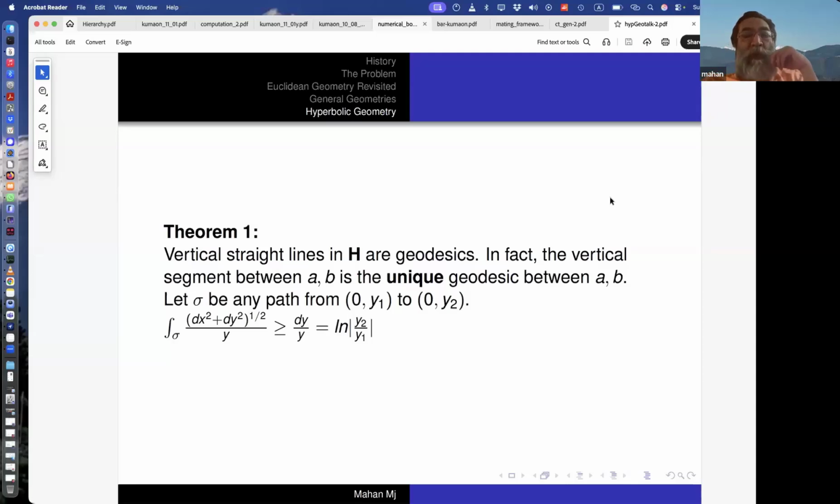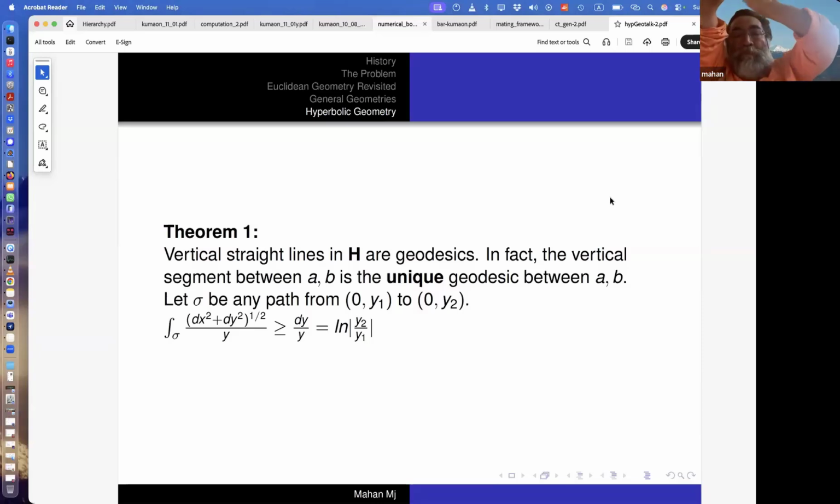But then you remove one of those square terms, which means this x prime t whole square dt square is removed. Because it's a square, it's a positive term. So the length of this path is always going to be greater than or equal to the square root of dy square by y. But the square root of dy square is just dy. So really, the integral, oh, I should have written an integral sign here. Integral of dy by y from y equal to y1 to y equal to y2, which is exactly log of y2 by y1. Log of mod y2 by y1. Oh, sorry, actually it should be mod log y2 by y1. Okay.